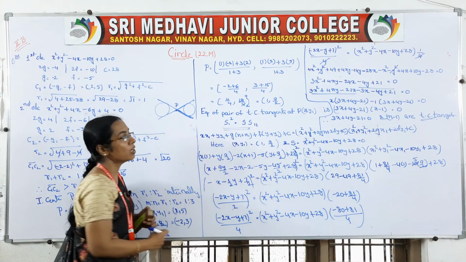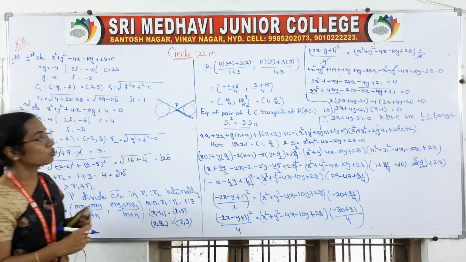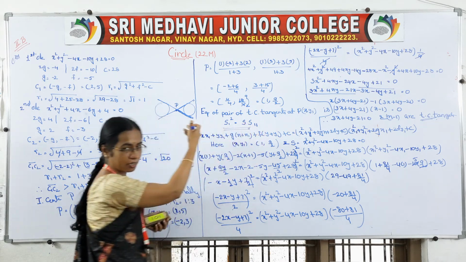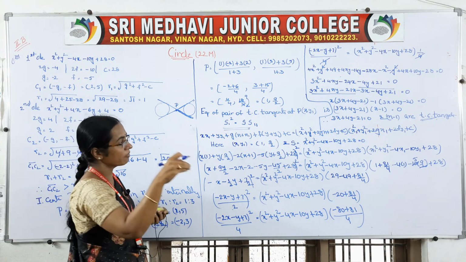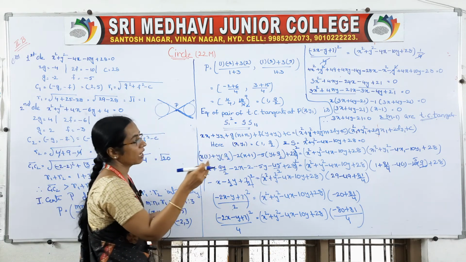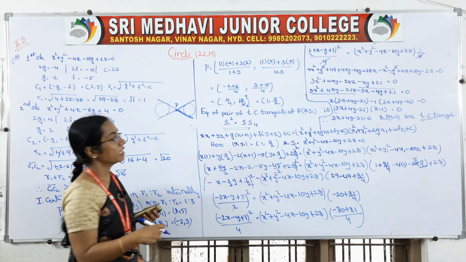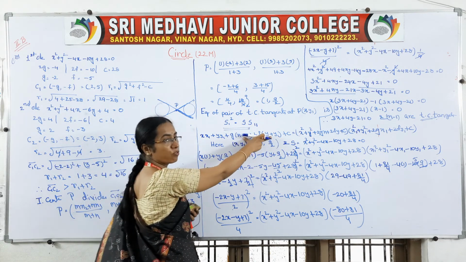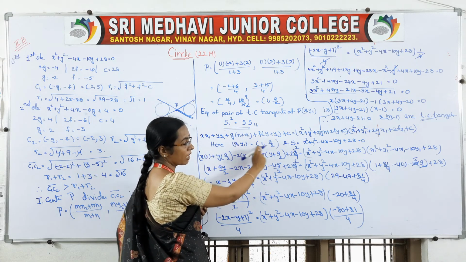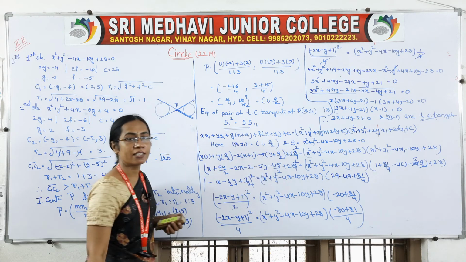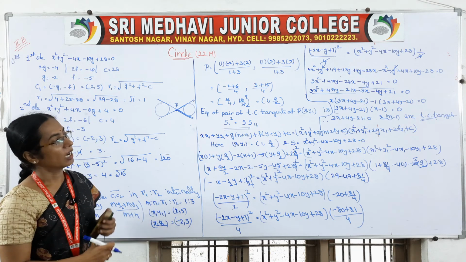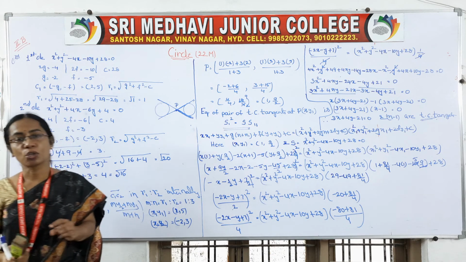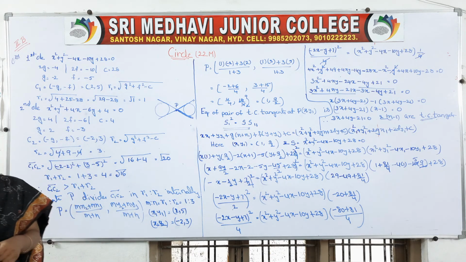The formula is S1 square is equal to S11. What is S1? It is notation, and S is the given circle equation. In the given circle equation, if you put x1, y1 in the x place and y place, you will get S11. This is only the general form. In that, your x1, y1 is this one and your circle is that one. Substitute and simplify. At the end, you will get your two transverse common tangents.